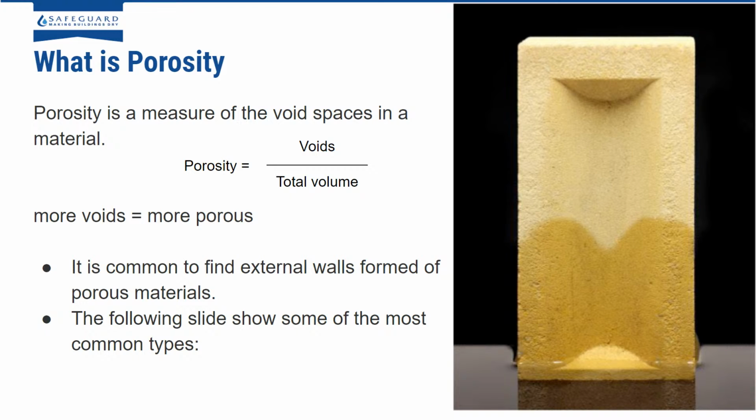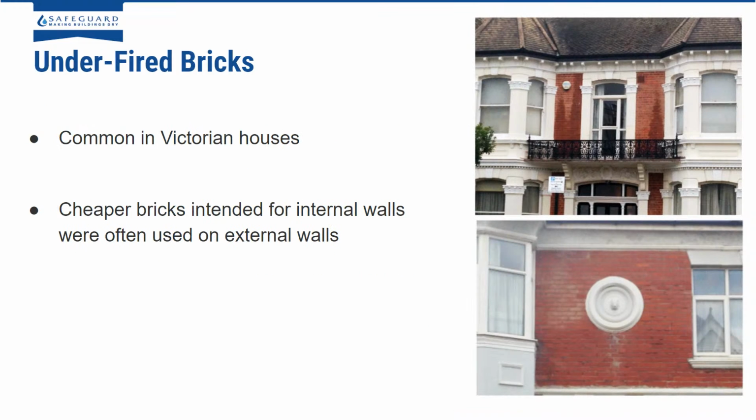So you can see here that something such as granite will have low porosity compared to a flattened brick, which have a higher porosity. So one of the reasons that you get these porous bricks is how they're made. So most clay bricks are cooked in the oven, and in quite a lot of properties, especially Victorian houses, they